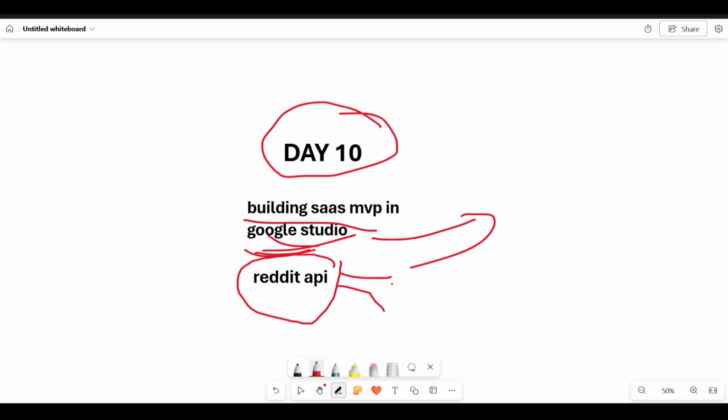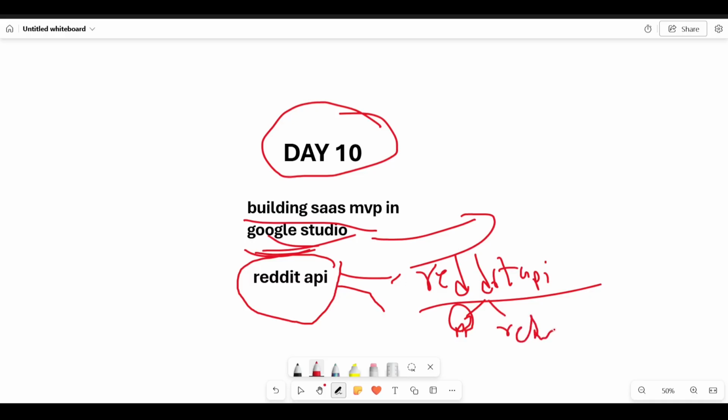There is another structure, so we need to understand how to get a Reddit API key, because it's really important to generate leads and all. So that was the whole thing: we did not find the exact structure for how to get it. So in day 11, tomorrow, we will find how to get the Reddit API key and analyze the complete structure. So yeah, that was the whole thing.